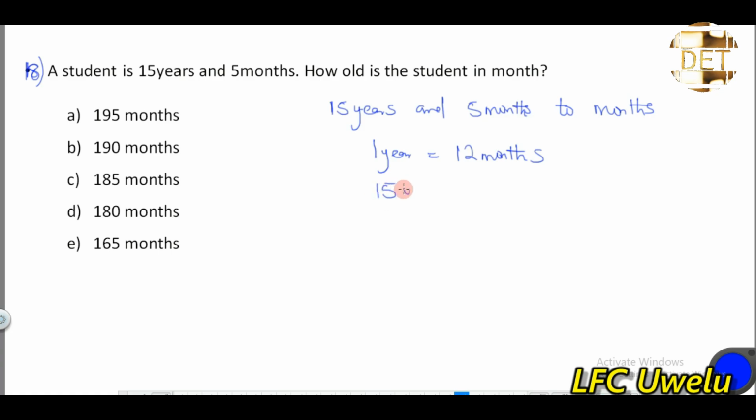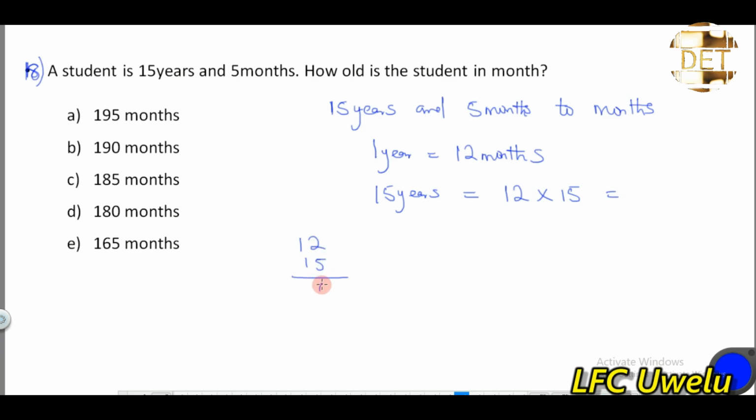Sorry, 1 year is equal to 12 months. 15 years, right? 15 years will be equal to 12 times 15. That's 15 times 12 months. So that will be equal to what? 12 times 15 will give us